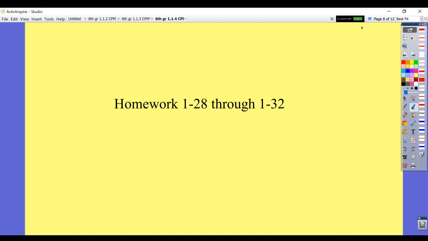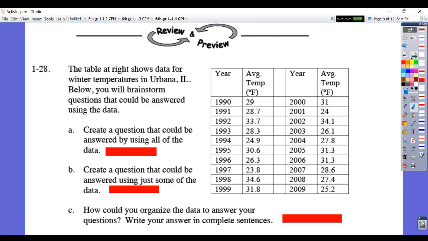This video is to help you with the homework from section 1.1.4. The homework problems are 128 through 132. So for 128, they are giving you a table showing you data for winter temperatures in Urbana, Illinois from 1990